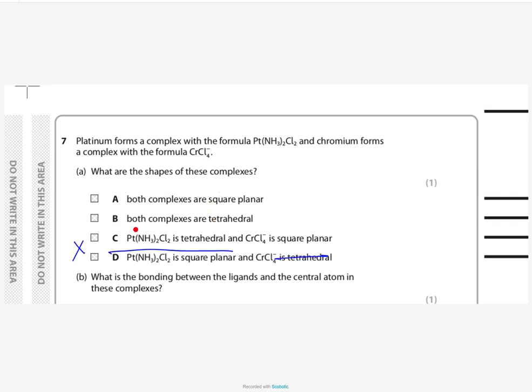And of course, we know this is square planar, right? Because we know that in cancer treatment, they use cisplatin. Cisplatin is used. So it has to be tetrahedral. So both tetrahedral is wrong. This is square planar, so this is not square planar. The chromium complex is not square planar. It is a tetrahedral complex. For that, you have to remember